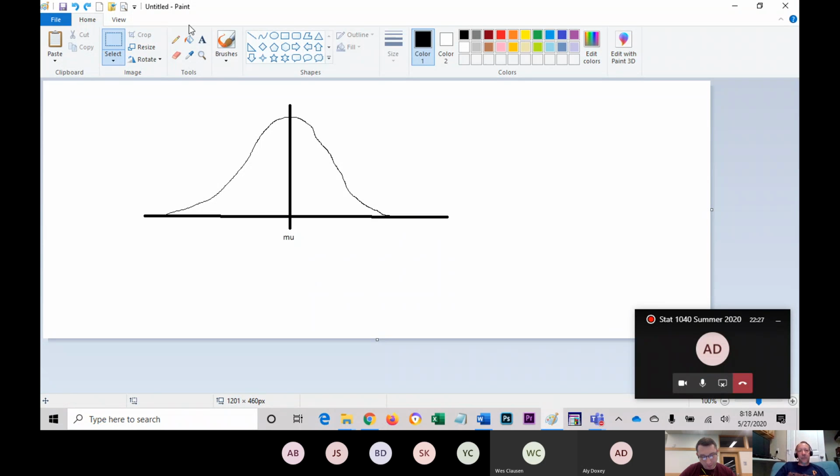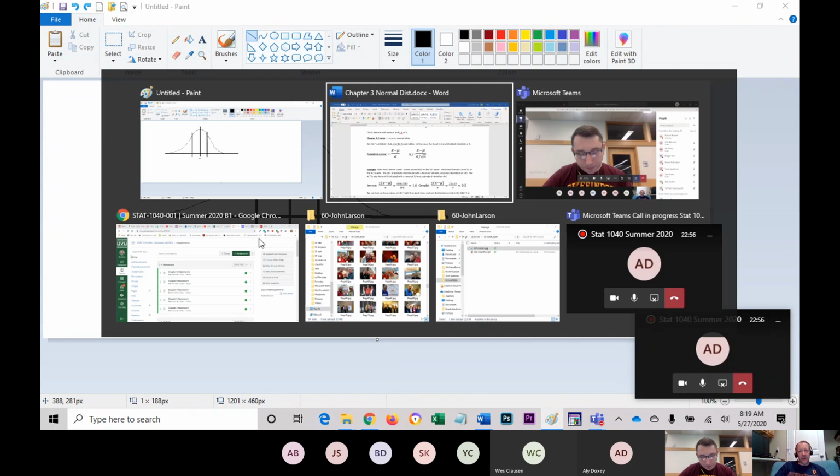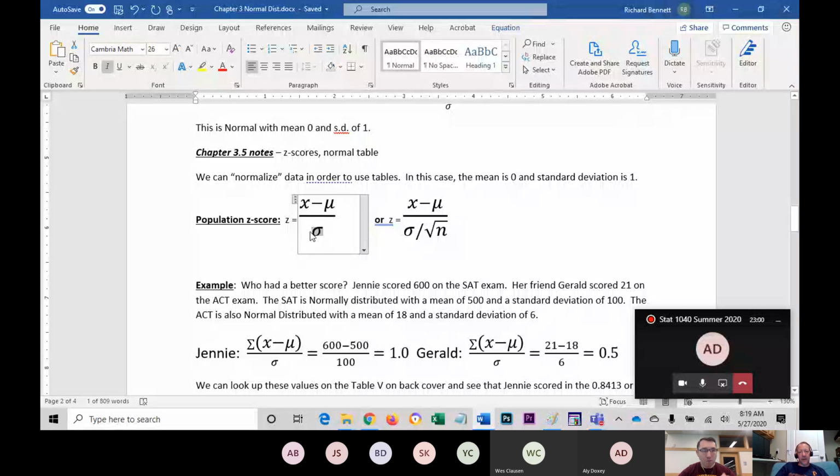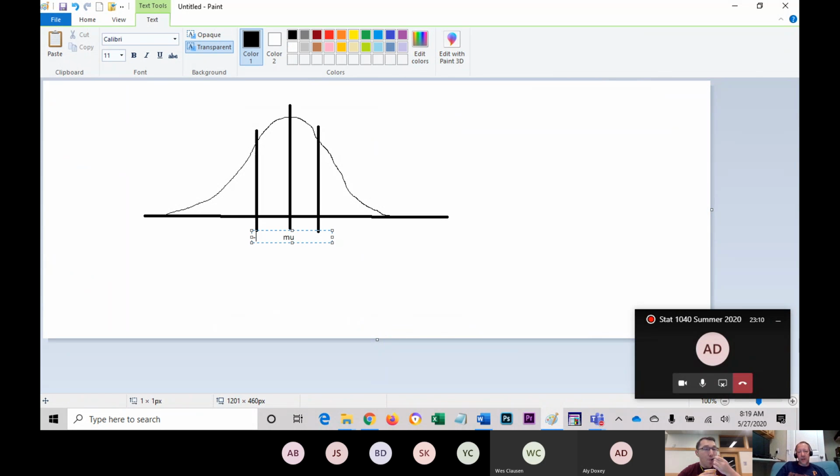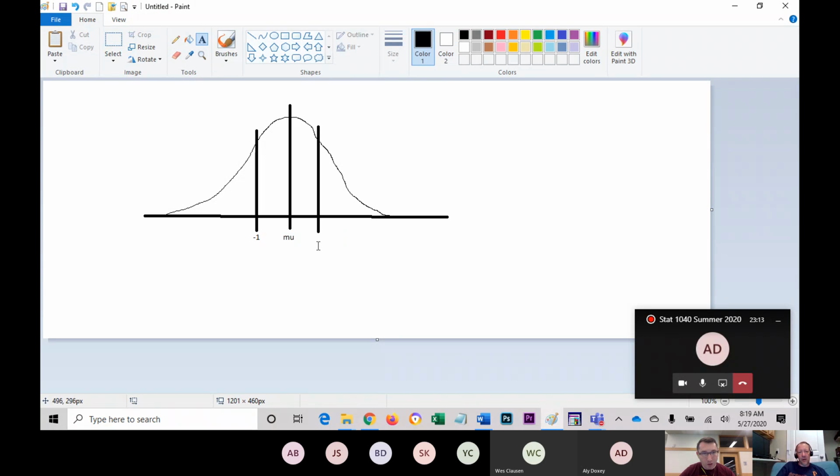So the idea here is if I go out 1 standard deviation, so 1 sigma, okay, so if that's the Greek letter mu, and then if I go out sigma, so sigma is going to represent this letter down here in the denominator, okay? So if I go out from -1 to +1,